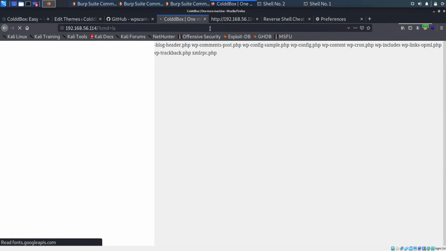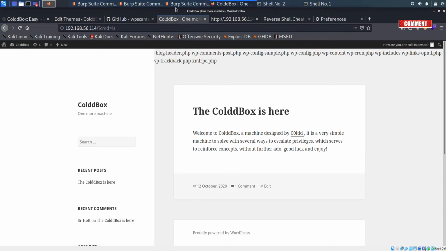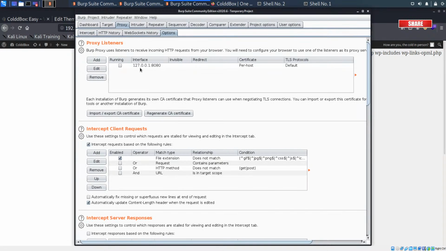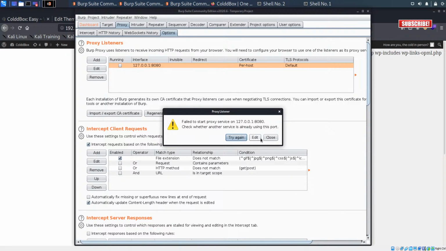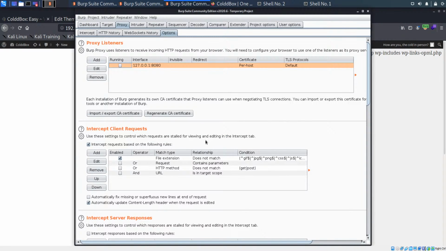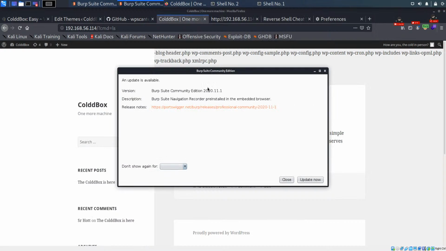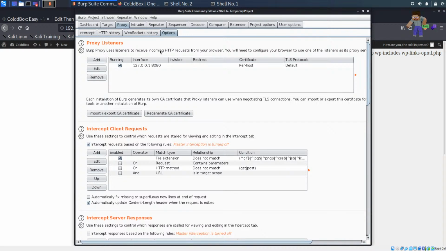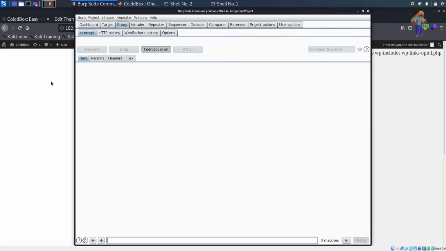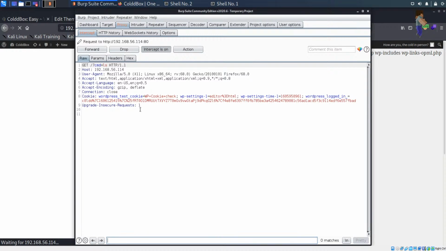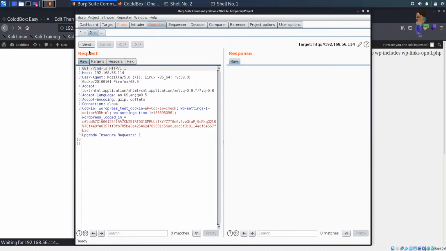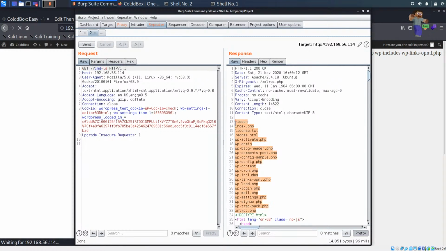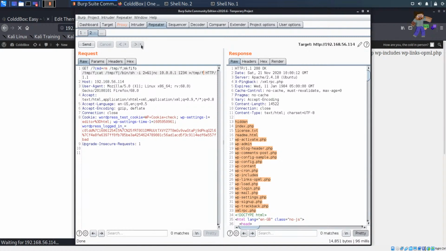Now when I press enter, where's the Burp Suite? Okay, I did something. Oh, the Burp Suite was already open previously. Close, and here Burp Suite is already open, the proxy listening on 8080. So here I've already captured the request previously. Even I can do it right now. So click here, press enter, and I've captured the request, send it to repeater and send, so that I can list the files. Now I'm going to replace the ls command with whatever I have copied from the shell here,